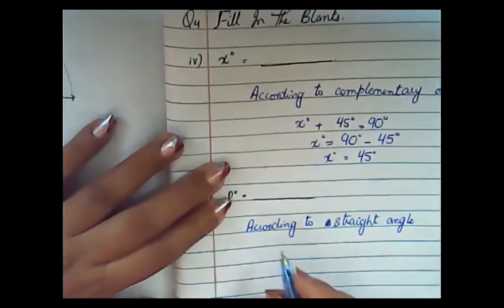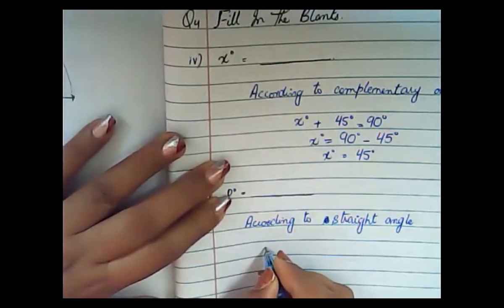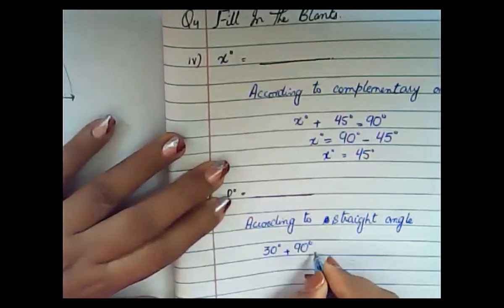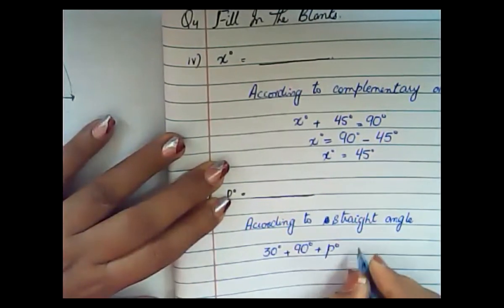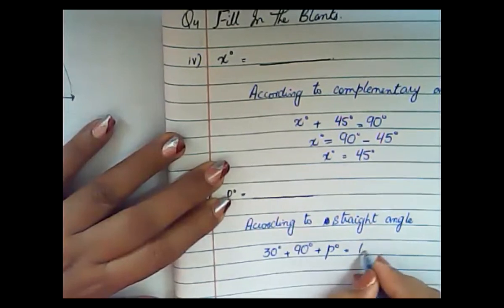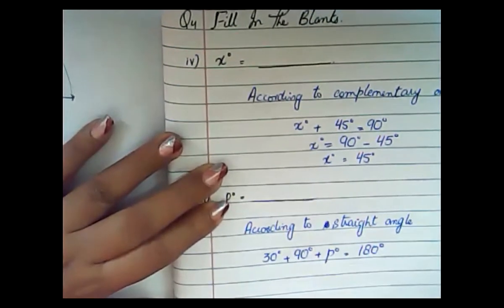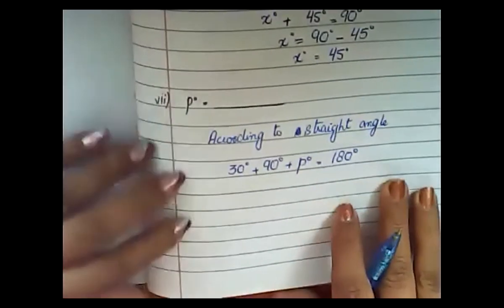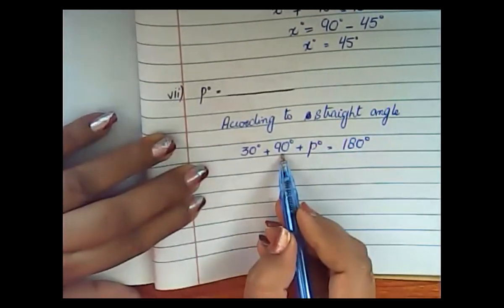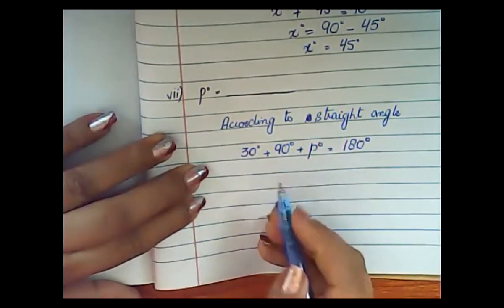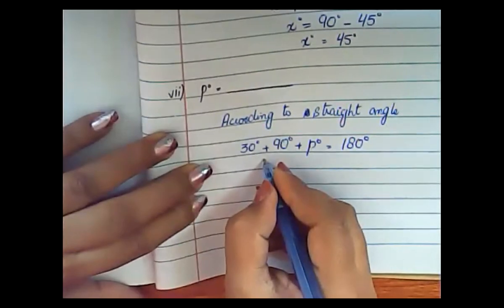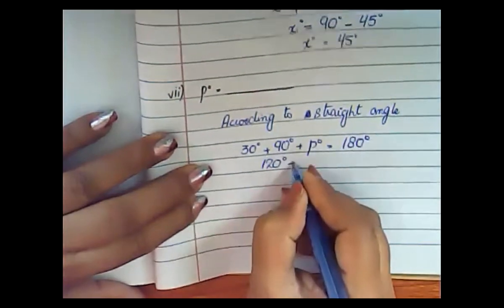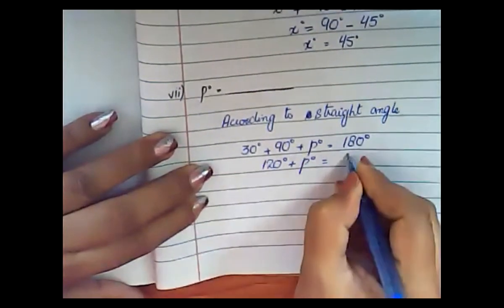The sum of 3 angles will be equal to the first, which was given as 30 degrees. Then you have identified that the other one is 90 degrees, and then you will simply add the unknown angle, which is P, and all of them are equal to 180 degrees, right? Simply you will write it down here. What will you write here? 30 plus 90, 30 plus 90, what will it be? It will be equal to, anyone? No one? It is equal to 120 plus P is equal to 180.